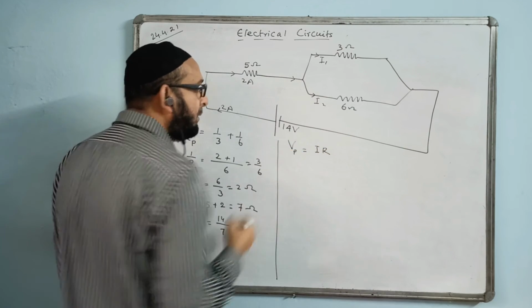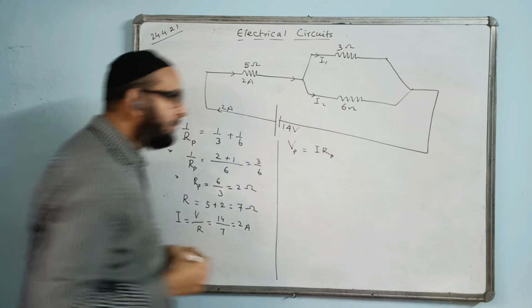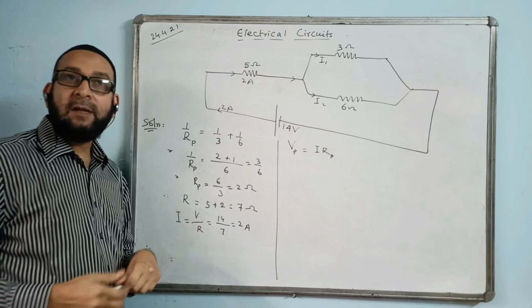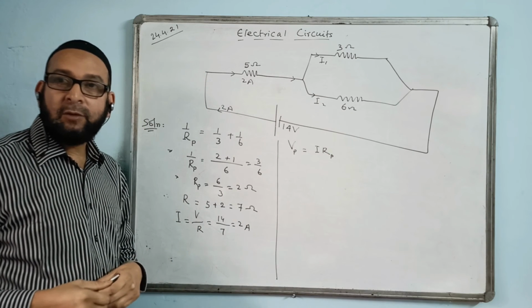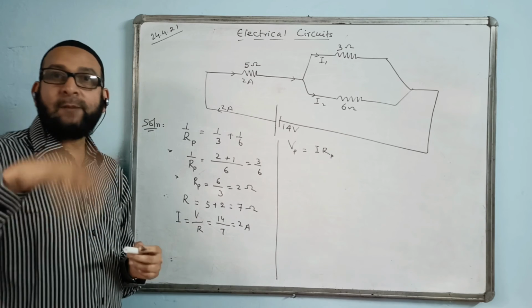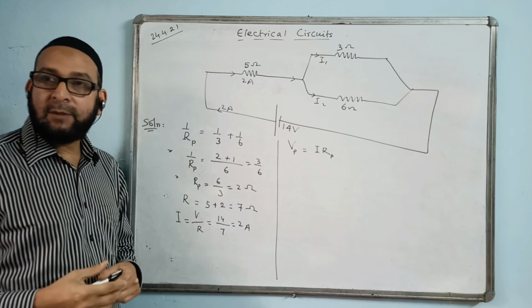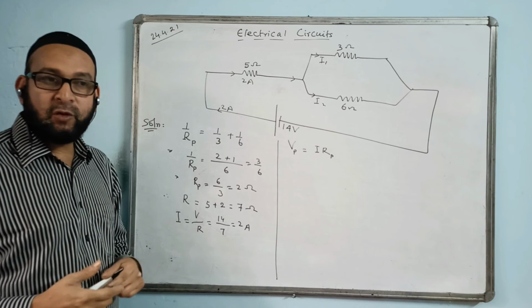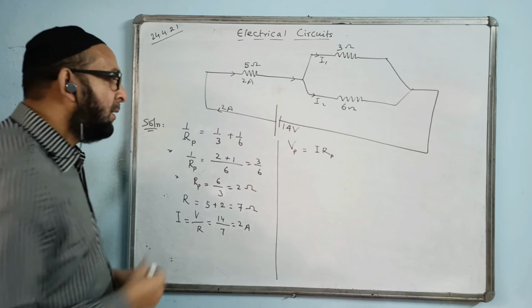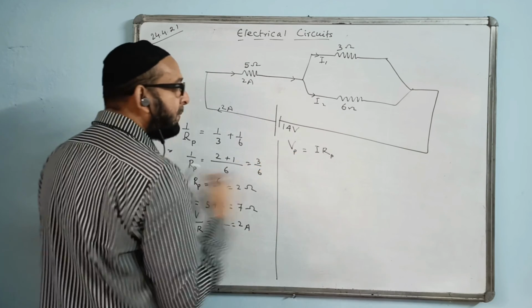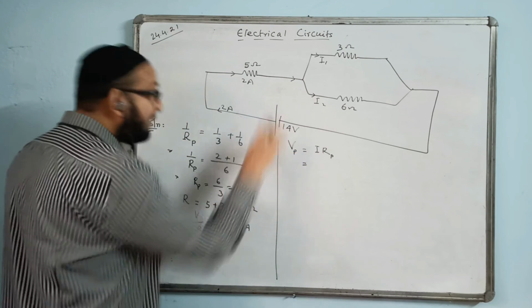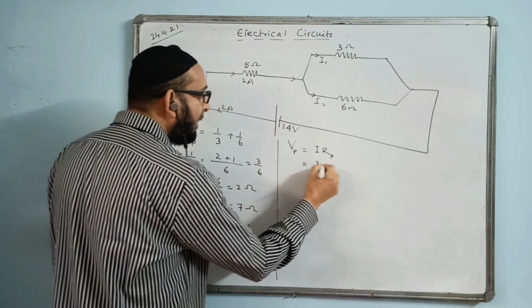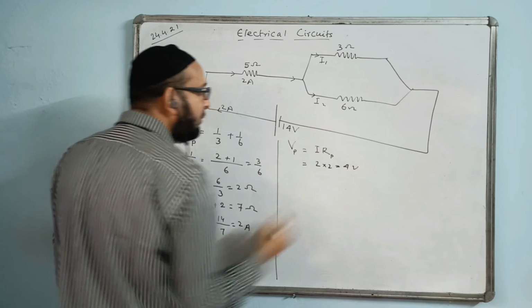First we find the value of Vp, the voltage of the parallel part. Now we follow Vp equal to I RP. If you remember, in the same kind of circuit in capacitance, I found Vp is equal to Q by Cp, where the formula was different: V is equal to Q by C, or C is equal to Q by V. Here I follow Vp equal to I RP. I, the total current, is 2, and RP is 2, so it comes to 4 volt.